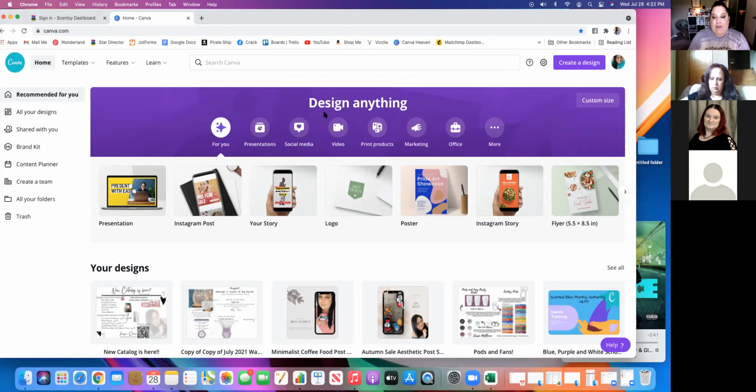There is an app for Canva as well, so you can do this mobile. So if you're on your phone, you can definitely download it to your phone. I have it on my phone. I will tell you this. This is one of those programs that honestly,